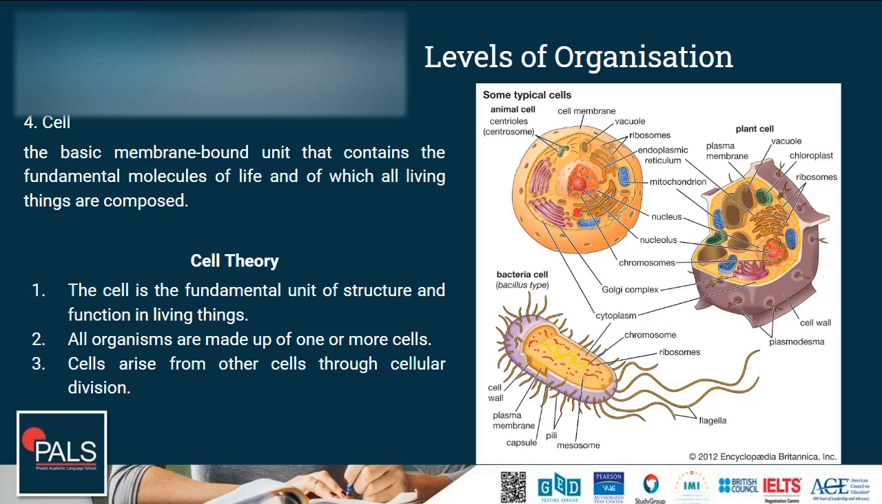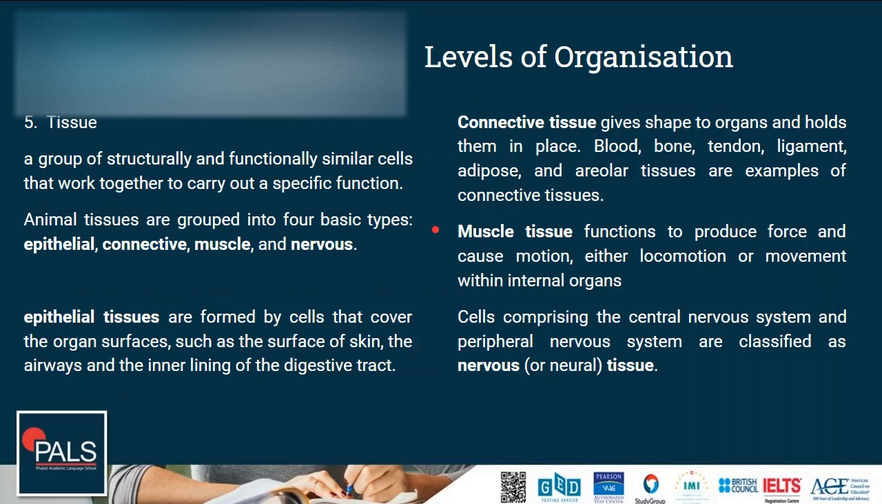Cells are a completely different topic, again, which we will investigate in a future lesson. The fifth level are tissues. Tissues we find only in multicellular organisms, so organisms that are made of more than one cell. And a tissue is a group of structurally and functionally similar cells that work together to carry out a specific function. For example, animal tissues are grouped into 4 basic types: epithelial tissue, connective tissue, muscle tissue, and nervous tissue,